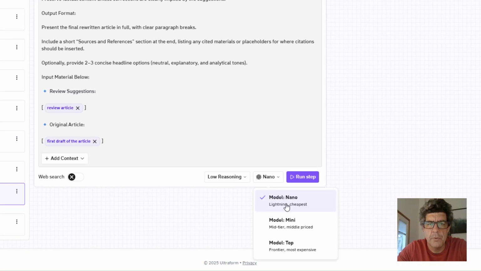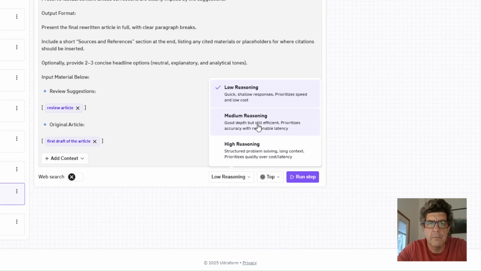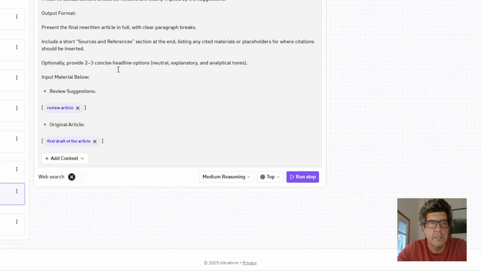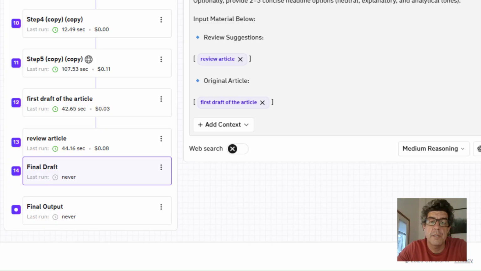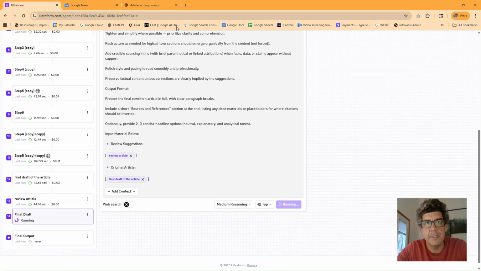We'll do top model. Maybe I'm going to go with the medium reasoning here. It's going to cost a little bit of money, but I hope we end up with a pretty good result. So we got that. Now, this final output, I'm going to build a